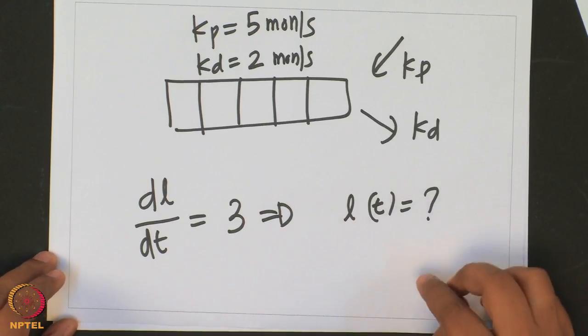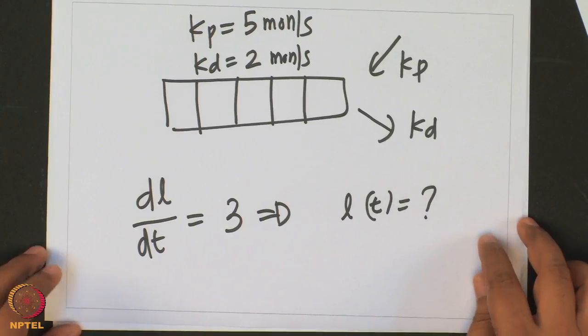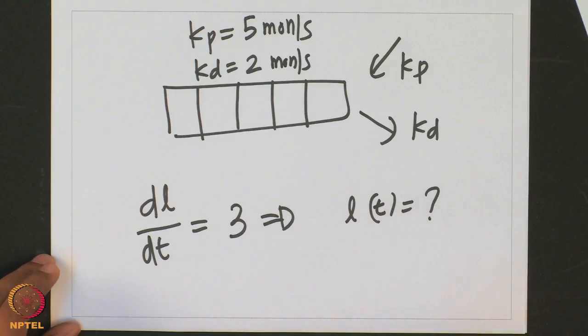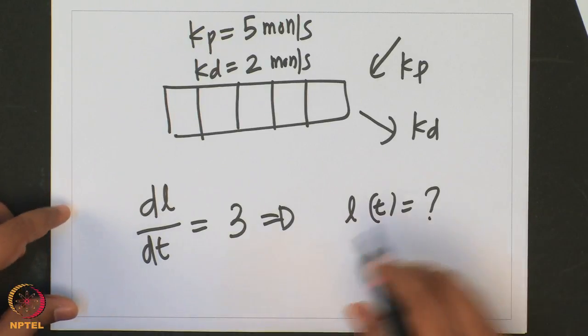And if you want to answer this question, it turns out that this is essentially an area. If I draw a curve, so now this L of t can be found by drawing the curve of 3, which is the line, and finding the area up to the time that we want. So let us say what we want to answer is the following question,